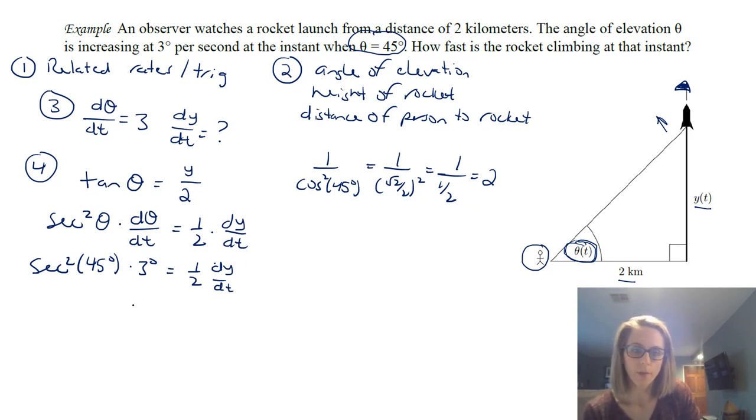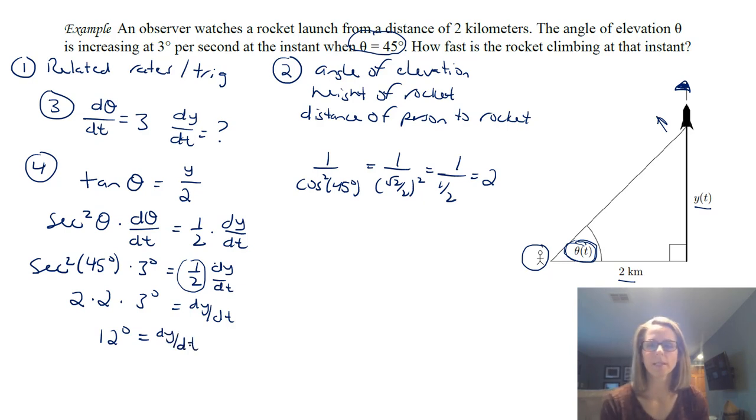So we have 2 here, so that's 2. Now I can also bring this 2 over, so I'll multiply both sides by 2 because I have a 1/2 there, and that'll give me a 2 here, and then I have 3 degrees and dy dt. So that gives us 12 degrees, and that's dy dt.